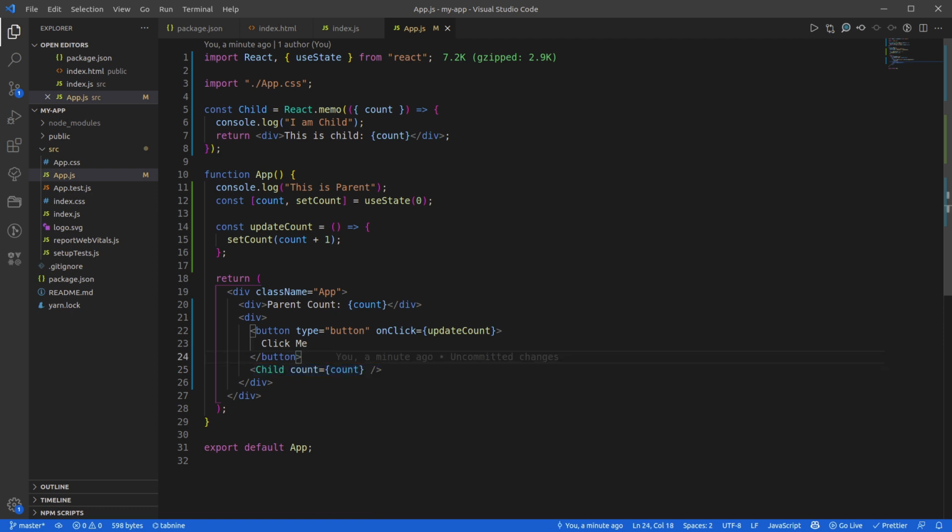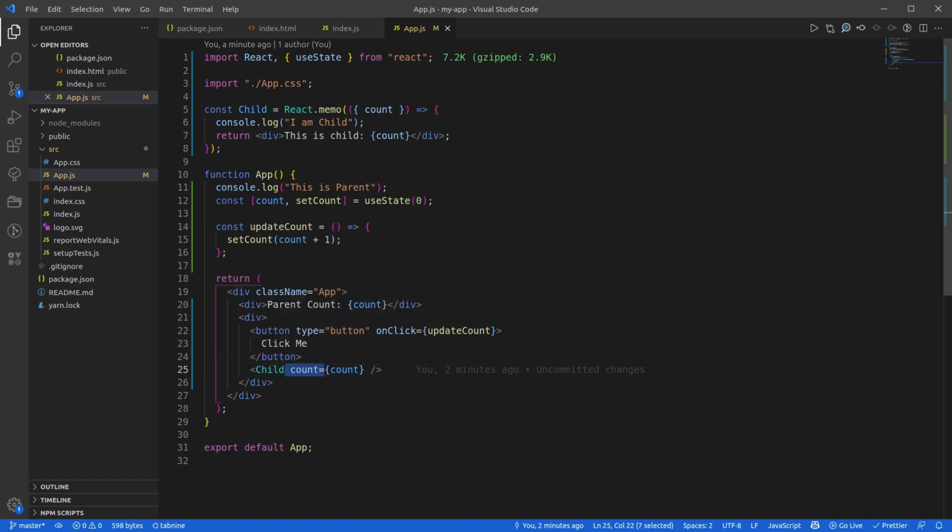Now let's take the other way out. The same scenario: I am passing the count, clicking on the button, and I know that it is definitely going to update the state which is being used in the child, and the child is going to be re-rendered. Now in this case, React is doing one extra comparison because of this memoized version. In the memoized version, it will compare whether the props changed. It will compare the previous prop count with the latest count, and then it will decide that okay, props changed. It will say that I need to do the re-rendering, and then I will do the commit phase if a change in the DOM is required.